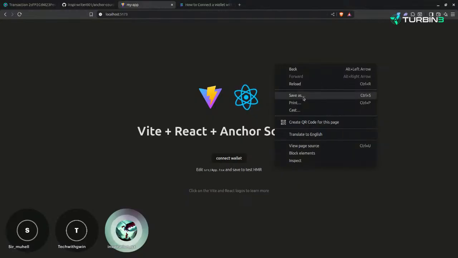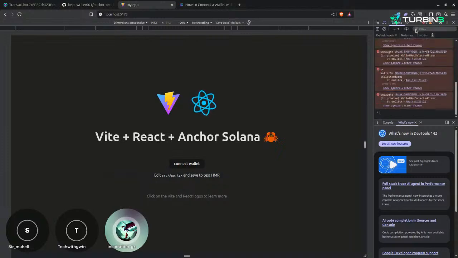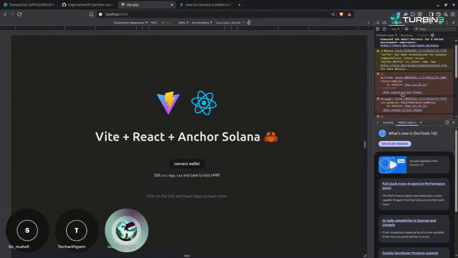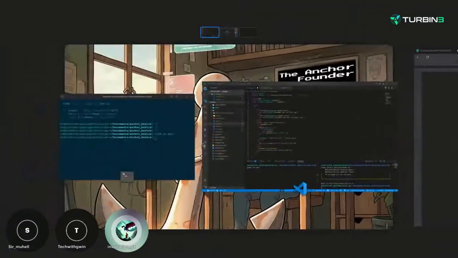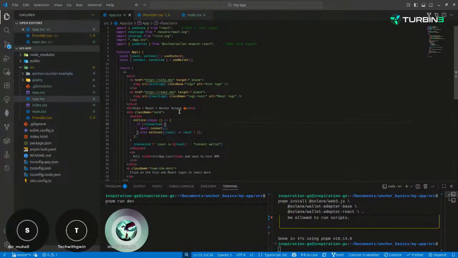Let me see if there's anything in the logs. Wallet not selected error on click. Wallet not selected error at App.tsx line 26. Wallet not selected. So let me check inside